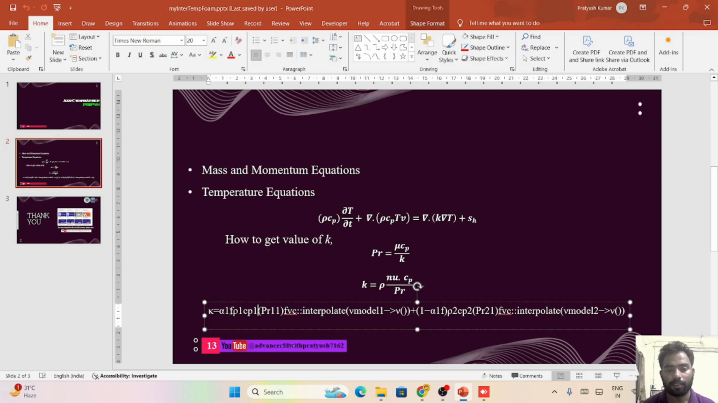So I think there is some error. This is the alpha1, this is the rho1, this is the cp1. And this should be multiplied with the interpolated